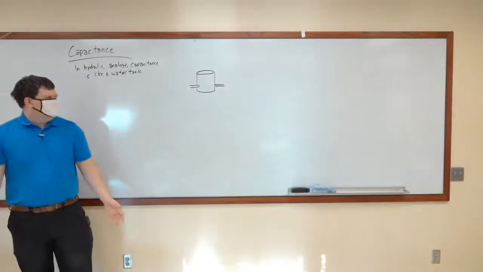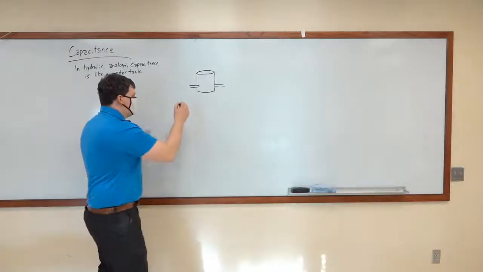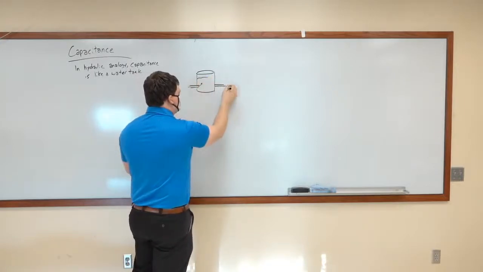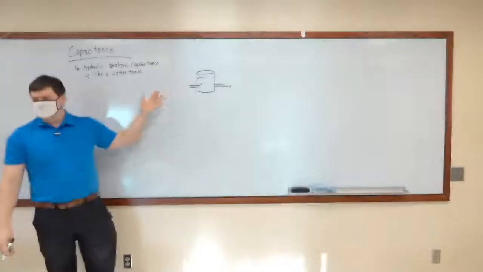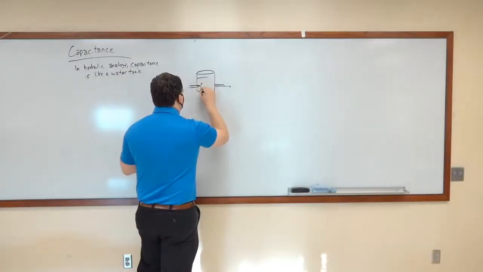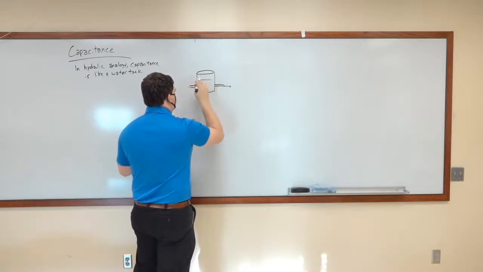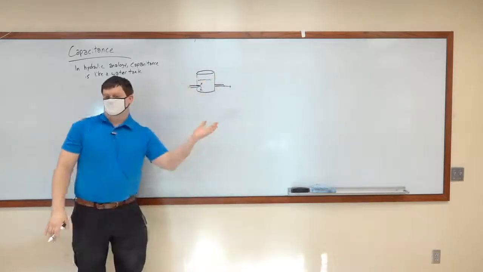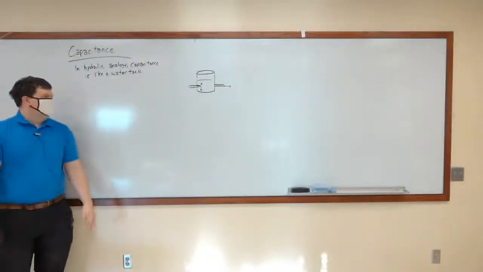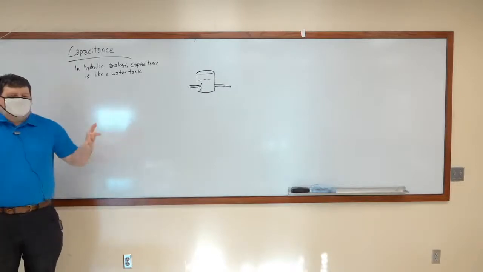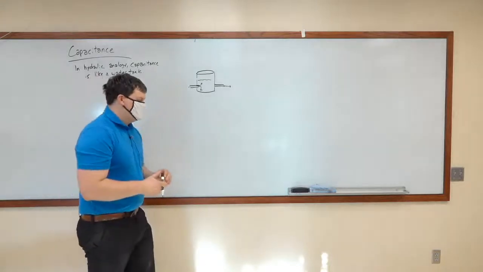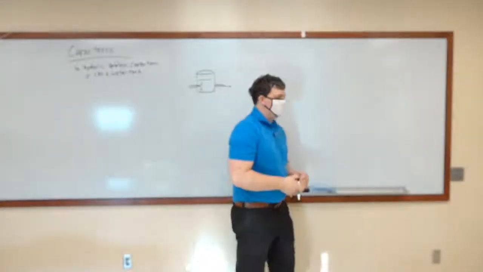More water is going into the tank, more water is coming out of the tank. Okay? You will have times where the tank is filling up and where the water is rising because not as much water is coming out as is going in. You will have other times where the water level is falling because you have more coming out than is going in. And that's basically what a capacitor is. A capacitor is like electron storage, as Jacob put it. But the definition of capacitance is a little bit more in-depth.